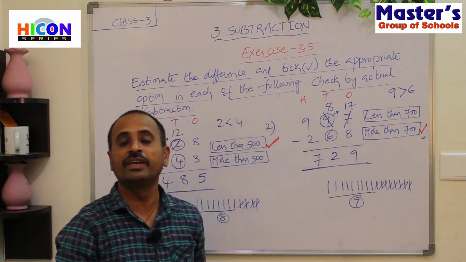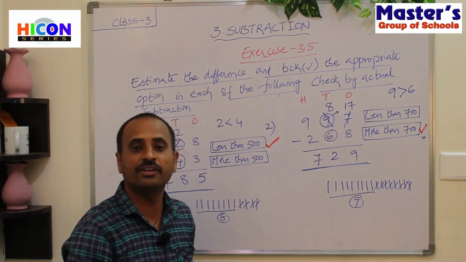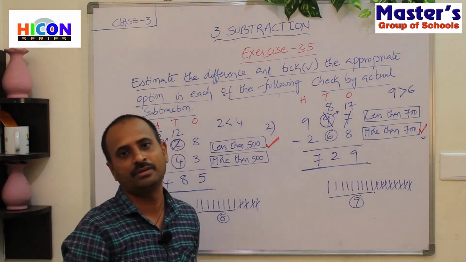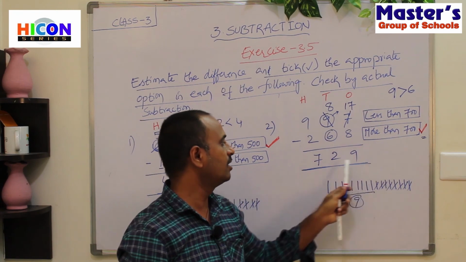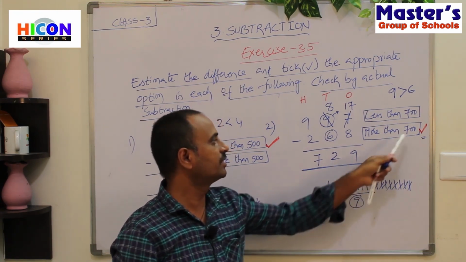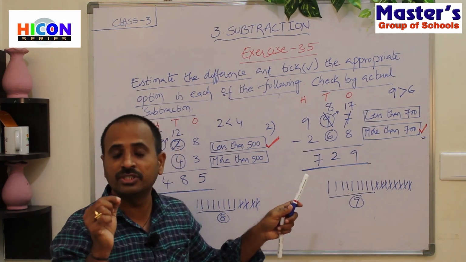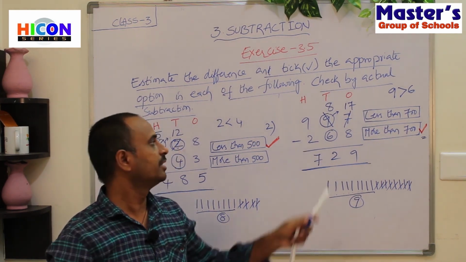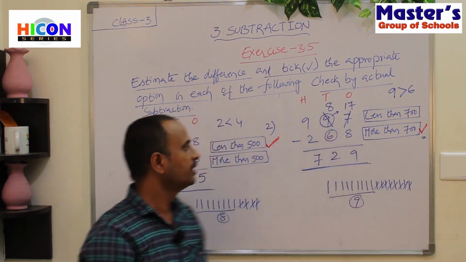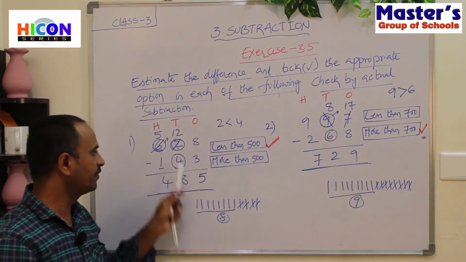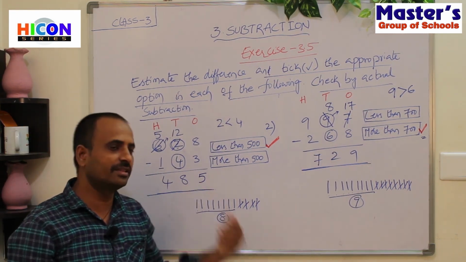In this way, we can estimate the difference of two numbers, and we can also compare the estimation with another number. We have estimated the difference, that is 700, and also compared this difference with that number. The simple technique is to check the second digits. If the first digit is more, the difference is also more. If the first digit is less, the difference is also less. In this way, we can estimate the difference and check it.